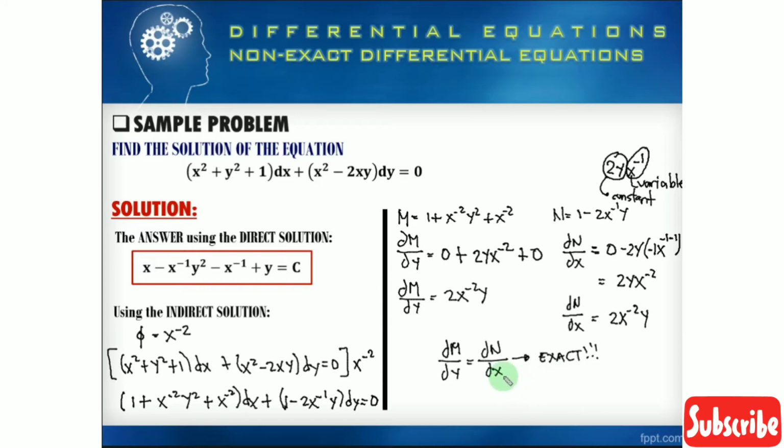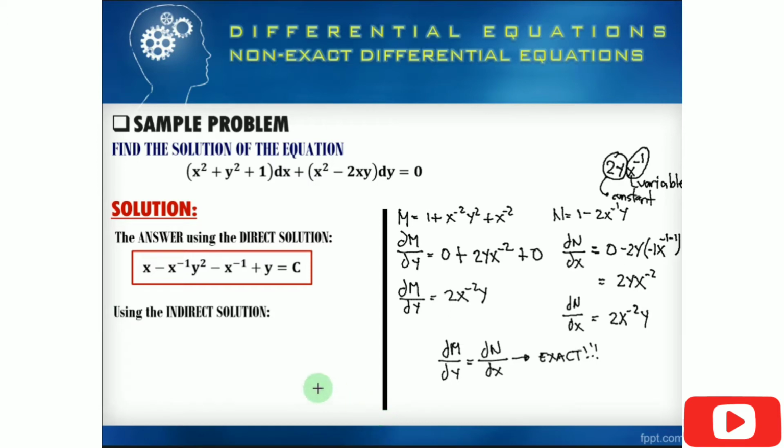So that is why we proceed with our direct solution, and we arrive with this answer of x minus x raised to the negative 1 y squared minus x raised to the negative 1 plus y is equal to c. Okay, so this time we are going to use the indirect solution. Okay, so proceeding,